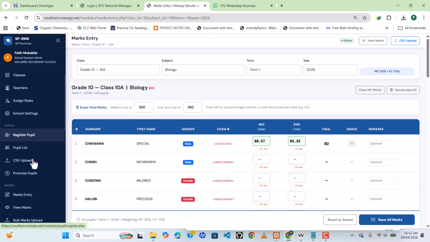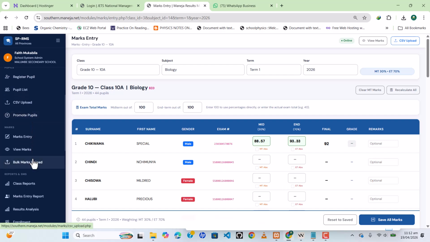So from marks entry, this one is mainly for teachers and also system admin because I know they are teachers, but this would be more useful for the teachers. Then you can view the marks that you have entered. And then there's also an option for bulk marks upload. So I don't encourage this one, but it is there. What I would encourage that you use it for is to click on bulk marks upload